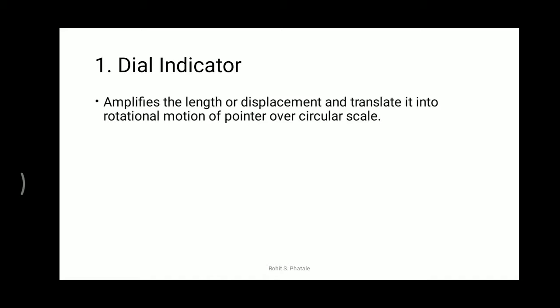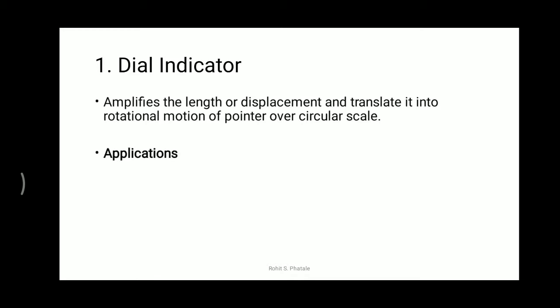What is basically happening here is that the linear, or translatory, motion of this stylus is being converted into rotational motion, and that motion is provided to the pointer. The pointer will show the reading on the measuring scale.